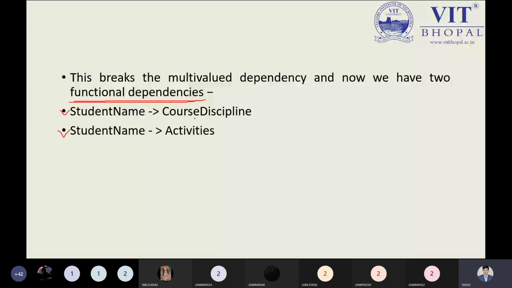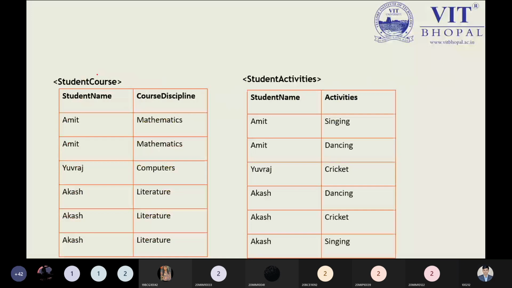But here we are not making student name a key attribute. You can make it one if you want, but then you have to remove this part as duplicacy. So we can remove the duplicacy by removing these tuples or rows, while this could be treated as a key attribute. So here we can say this could be a foreign key, and this can be identified as a primary key. If you have the primary key inside the student course, we have to remove that. Those are key terms we have to keep in mind.